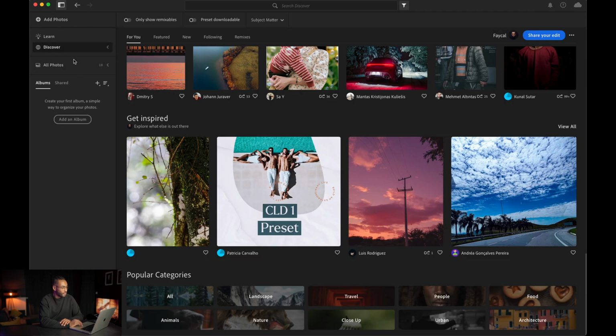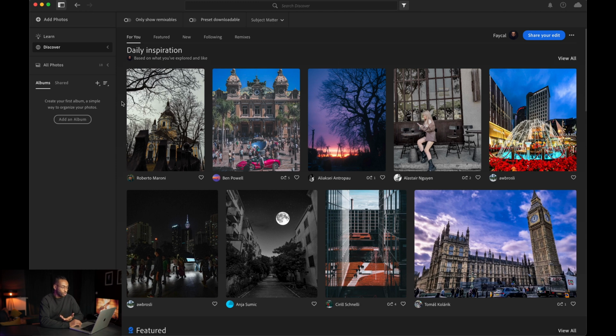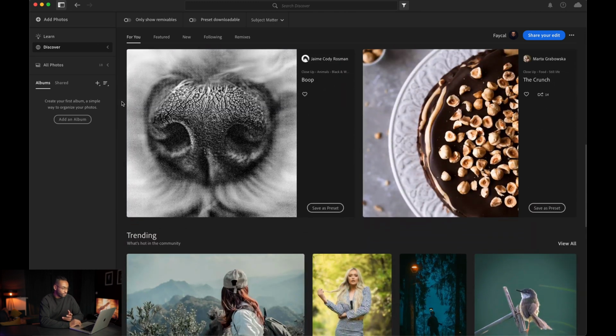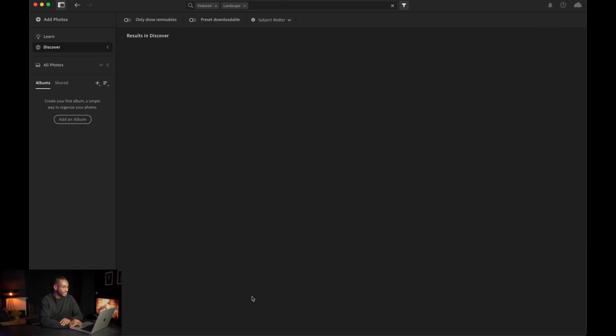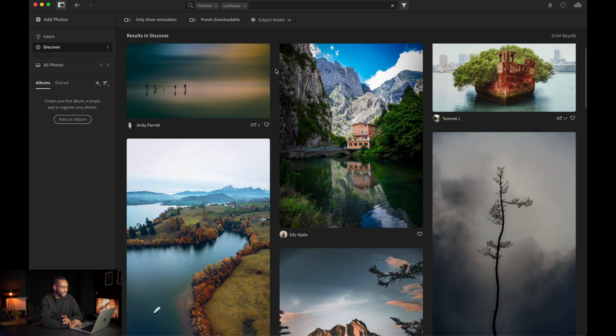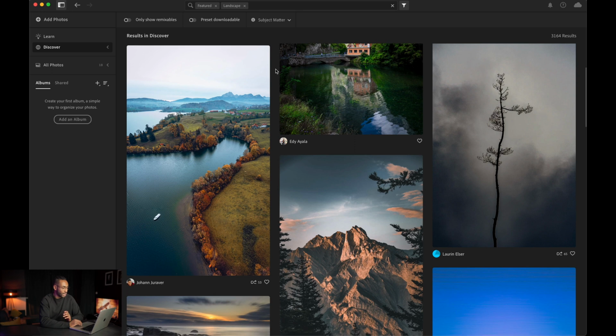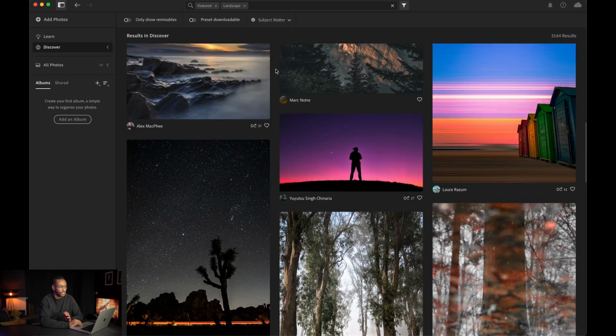When we go on Discover, what we notice is that this version of Lightroom is not a simple editing tool. It's also a social media or a platform for photographers to share their pictures. And if you go, for example, let's go to landscape, and you will see that a lot of people are sharing their edits. And actually some pictures are mind-blowing. So you can see there are some wonderful pictures that are shared here.